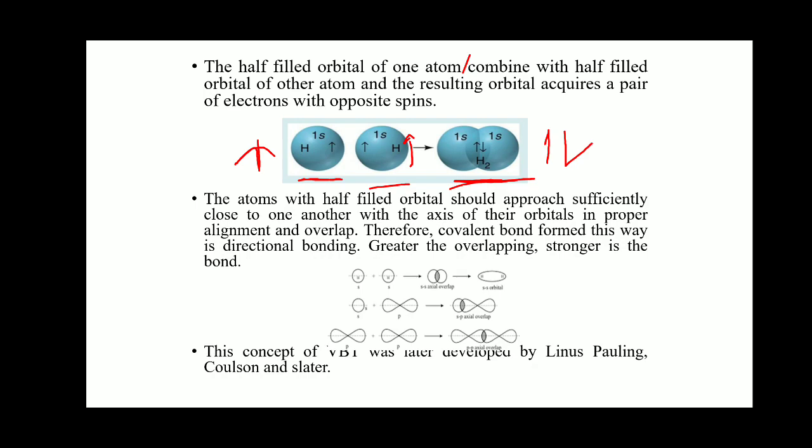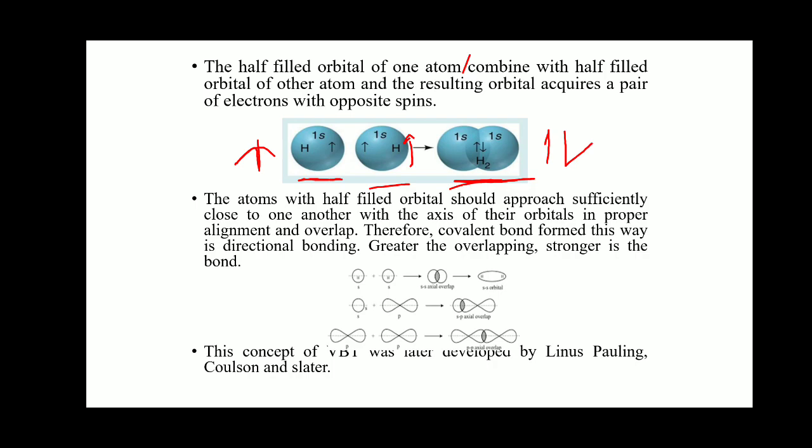What are the 10 postulates of valence bond theory? In this lecture, I have discussed the basic definition and basics of the covalent bond. What is a covalent bond? What is the difference between covalent and ionic bonds? And how many types of covalent bonding are there, that is, polar covalent bond and non-polar covalent bond? And how this valence bond theory was modified. So in this lecture, we have discussed all these points.